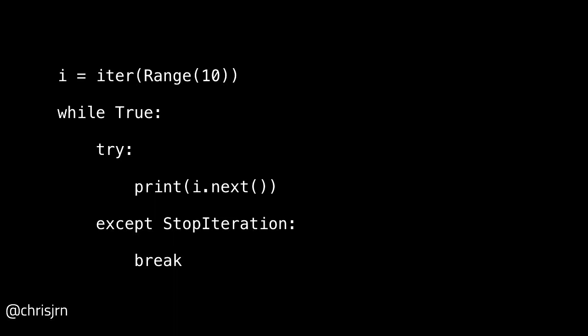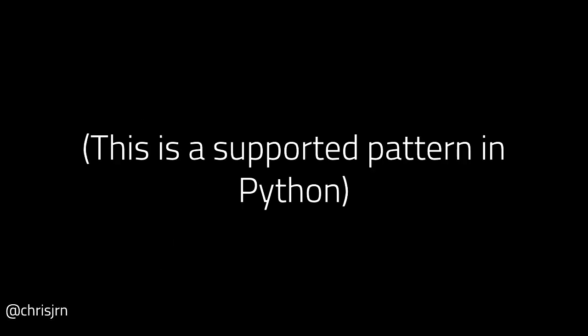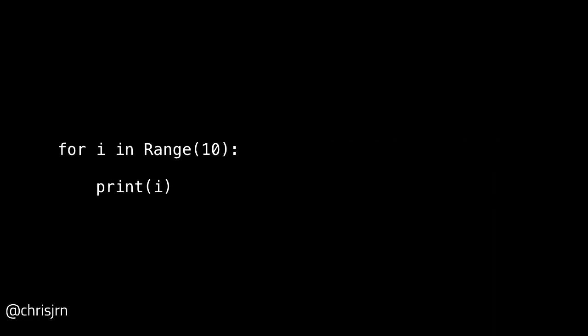And naturally, this while loop doesn't look particularly Pythonic. And that's because this iterator pattern is actually one that's described by Python as being an officially supported thing. Python provides you with a tool to consume iterator objects built into the language, and that feature is the for loop. The looping construct takes care of calling iter for you, it takes care of calling next, and takes care of looking for stop iteration for you.